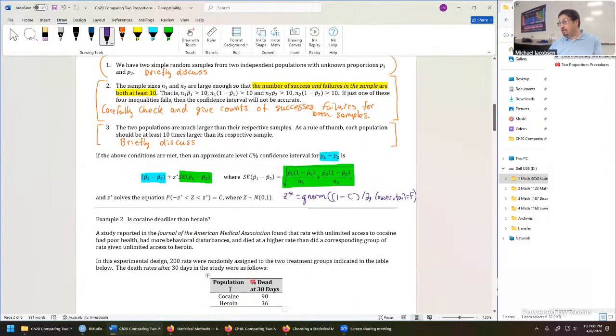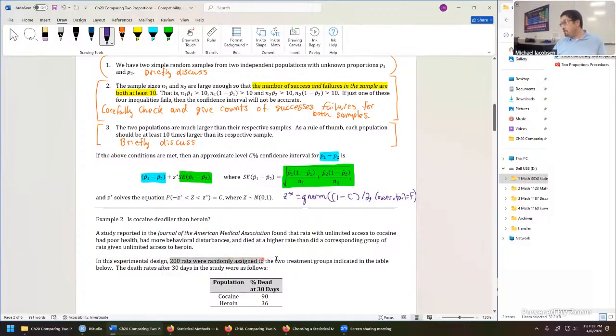So here's the table. So 100 rats then were given unlimited access to cocaine. 100 rats were given unlimited access to heroin. And this is the percent dead after 30 days. The one thing I should mention here, because the context isn't too clear about it, is when they say it was an experimental design